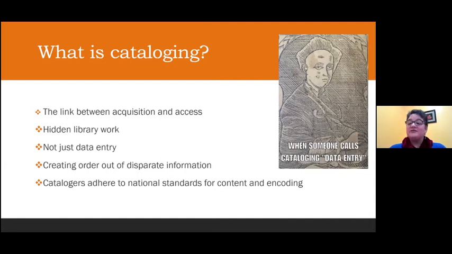I almost never catalog a book where all the publication information is very tidily put on the verso of the title page. So there's definitely an assembling part of cataloging, and catalogers also adhere to national standards for both the content of the records and how they're encoded.